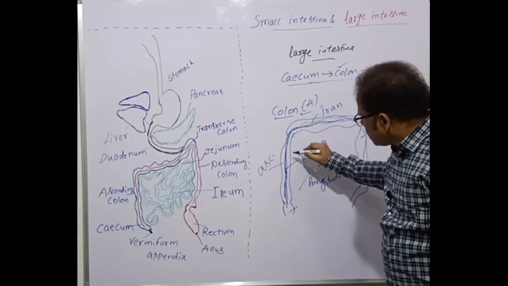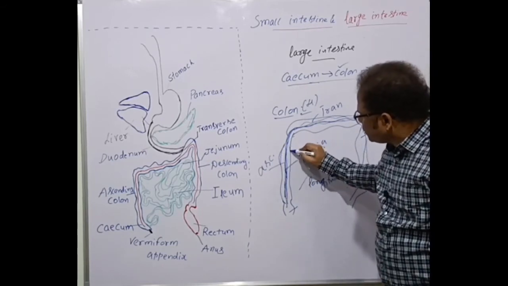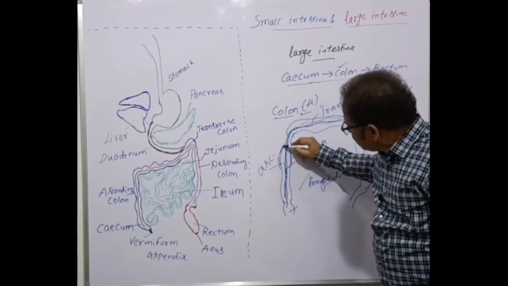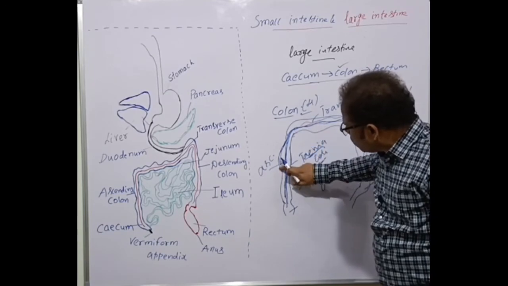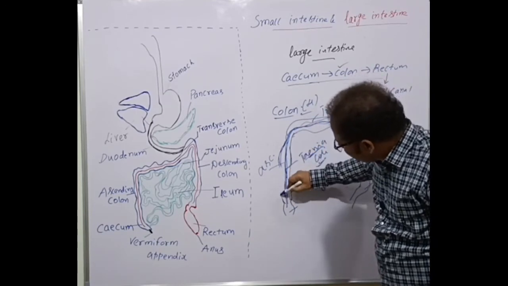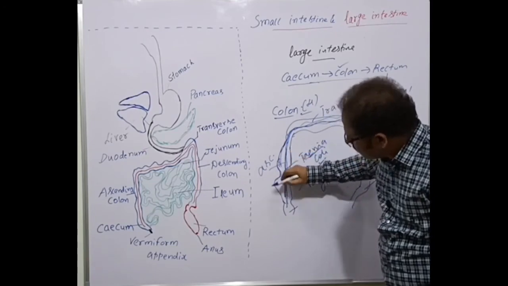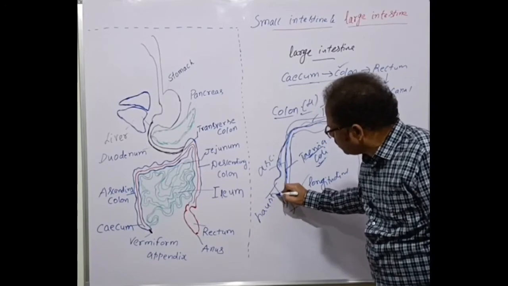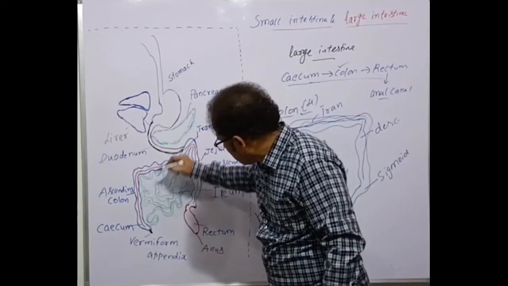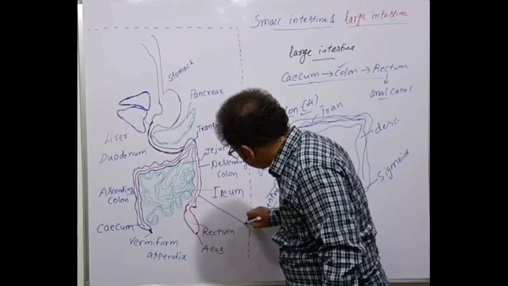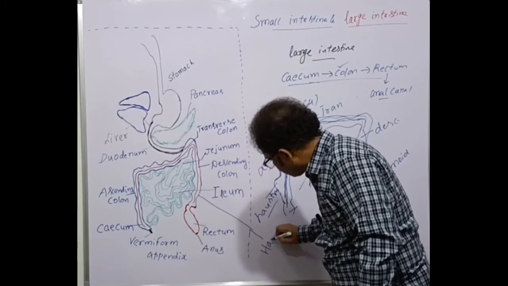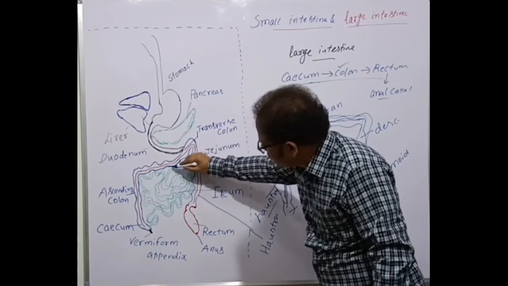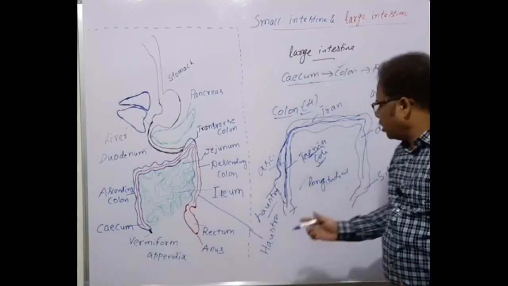And because of these very sustained contractions of the tinea coli, the wall of the colon is bulged like this. See here, the wall of the colon is bulged like this. There are out pouches. These out pouches are called haustra. See here, these are the haustra. These bulged out pouches, the wavy structures formed because of the smooth muscle contraction, are called haustra.